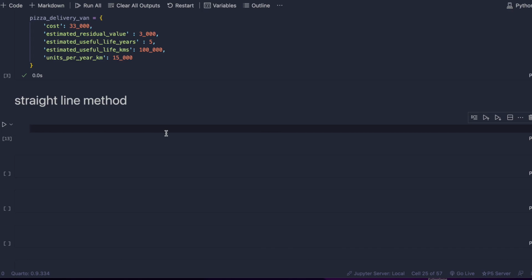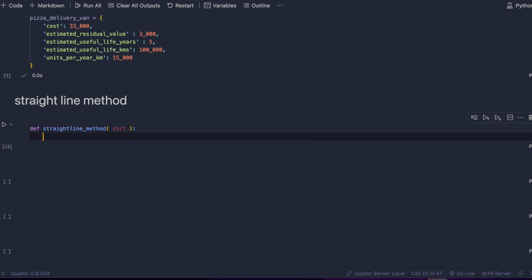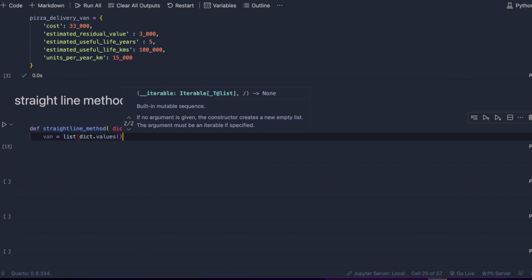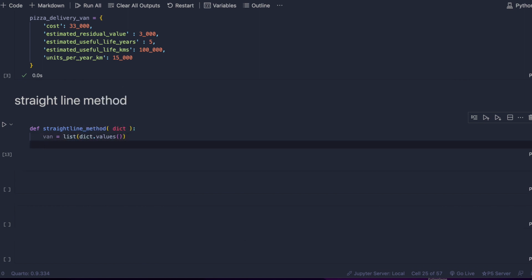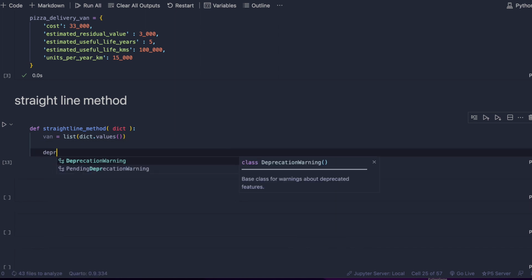Using our data dictionary for the pizza delivery van, we will make a function for the straight line method, pass in a dictionary, get the elements from our data dictionary into an array, van as our name, cast it as a list, depreciation amount,